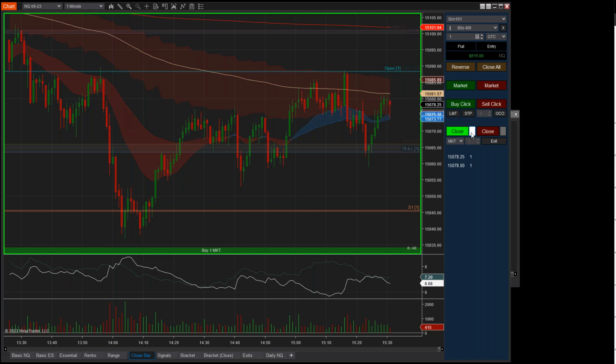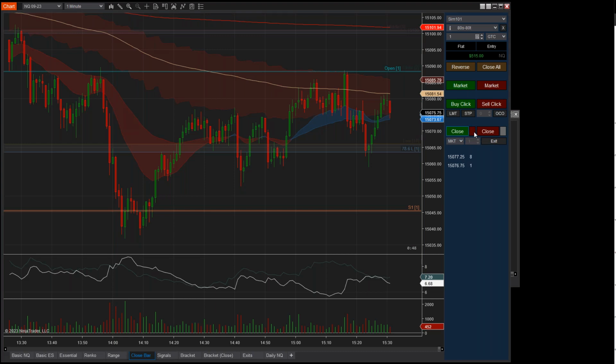So I want to buy on any bar, or I want to buy if it's a down bar. Then you can pick the type of order: I want a market order, a limit order, or a stop limit. In the settings, you can also determine where you want the order to be placed, such as based on the close, the high, or the low. So that is bar close entry.